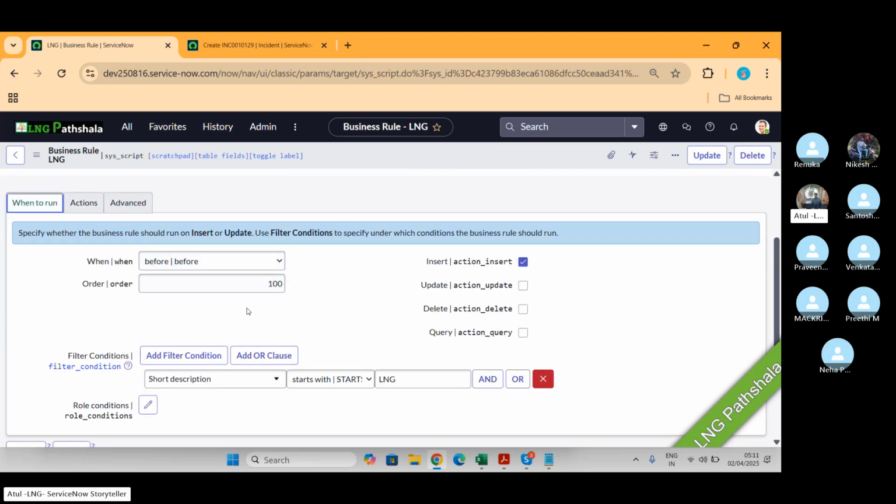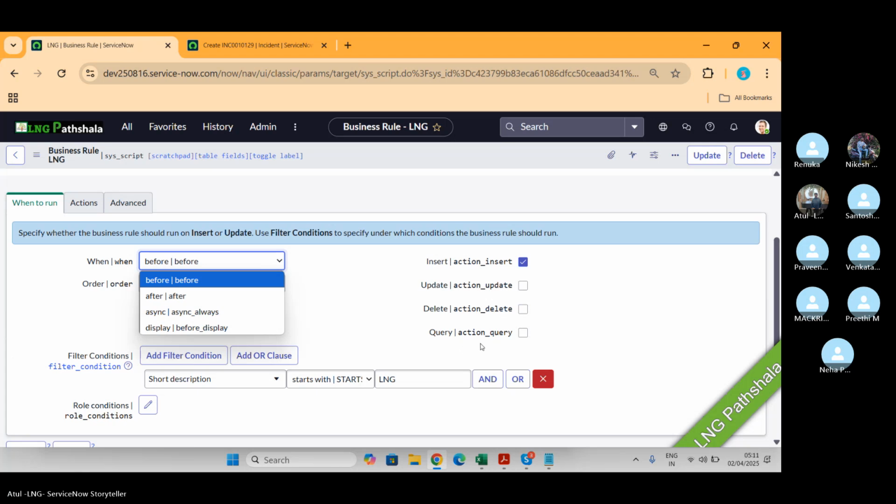These two options come and these two options have been added. What it says: when you want to run your business rule, before insert, before update, before delete, or before query,